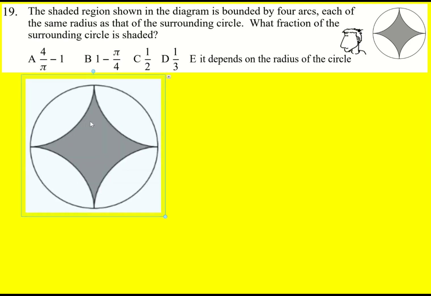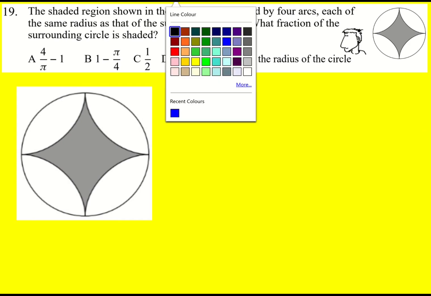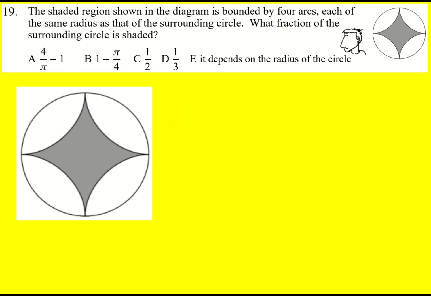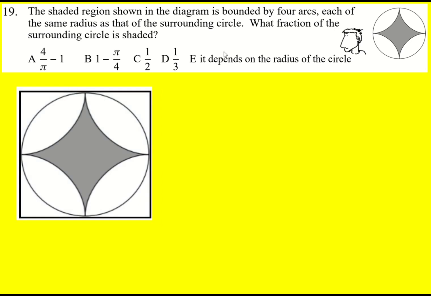I'm going to go through this question in a couple of ways. First up, this is how I did it. I decided to draw a box or square around the circle. Because we immediately see that we've got a square, and we just need to subtract 4 quarter circles to get